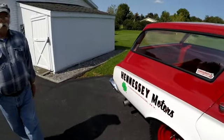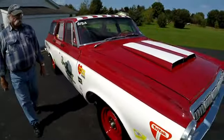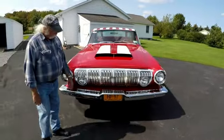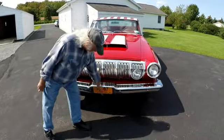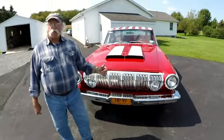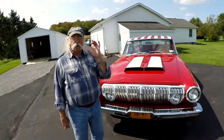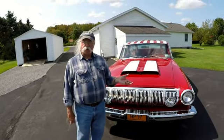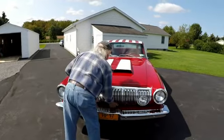And if you look at the front of the car, it carries the super stock look with the max wedge style scoop. It has 63 license plates, and if people are saying, wait a minute, it says 62. The rear plate has another little metal plate riveted to it that says 63. So instead of giving you a new license plate every year, they gave you the little cover thing. The engine